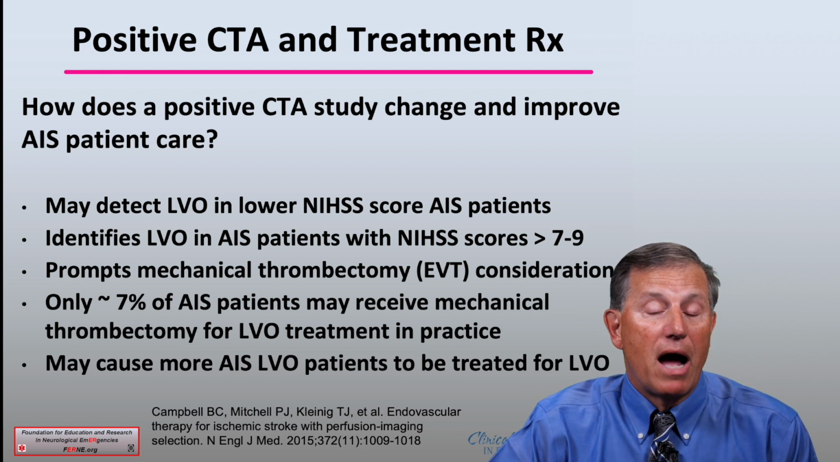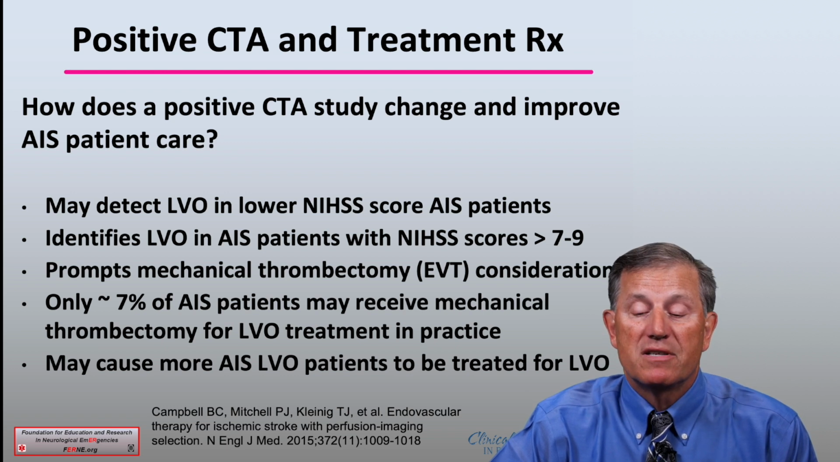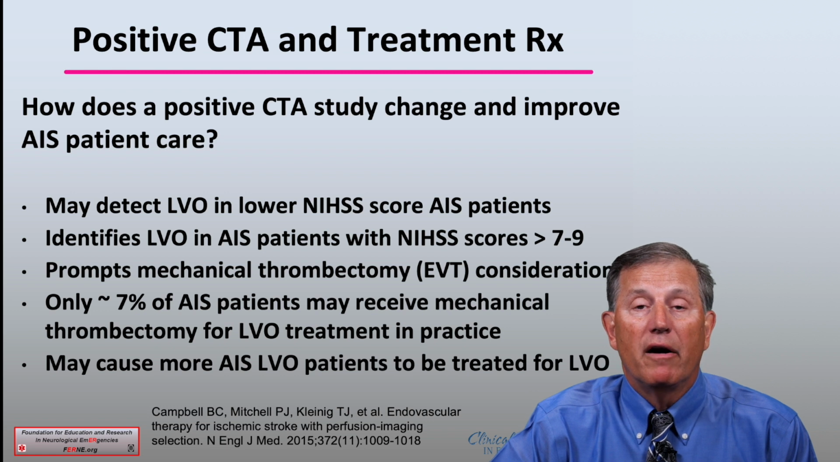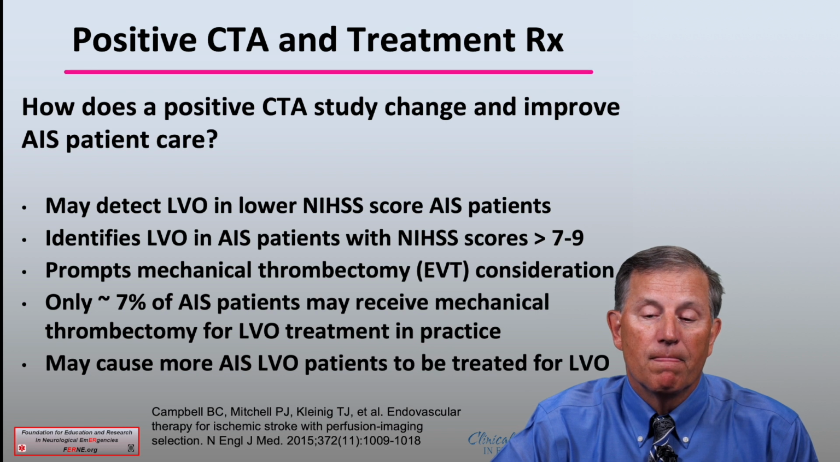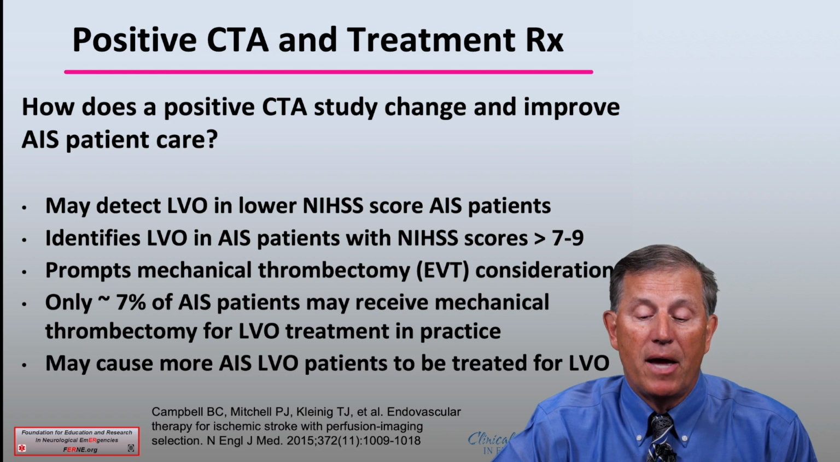We know that only approximately 7% of acute ischemic stroke patients may receive some mechanical thrombectomy for LVO patients in practice. And this suggests, again, that if you aren't able to detect it with a CTA, you still should be able to optimally care for these stroke patients. But what is most important is the ability to determine with a CTA that there is a thrombus or embolus in a large vessel. It may cause more of these AIS LVO patients to be treated aggressively for the LVO